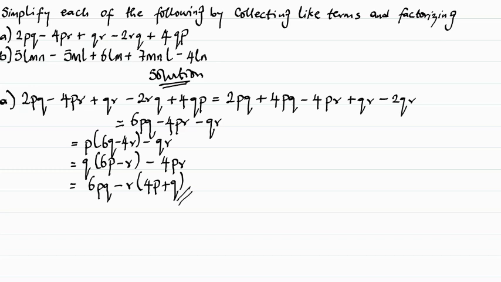Now, we move straight ahead to B question. Here we have 5lmn minus 5ml plus 6ln plus 7mnl minus 4ln. Now we are asked to collect like terms first, as we write equal to, and our equation becomes